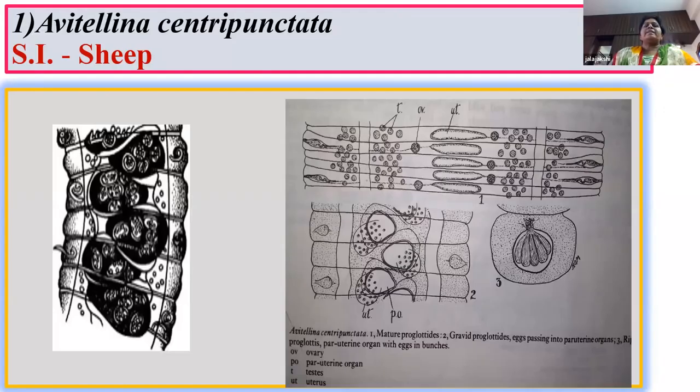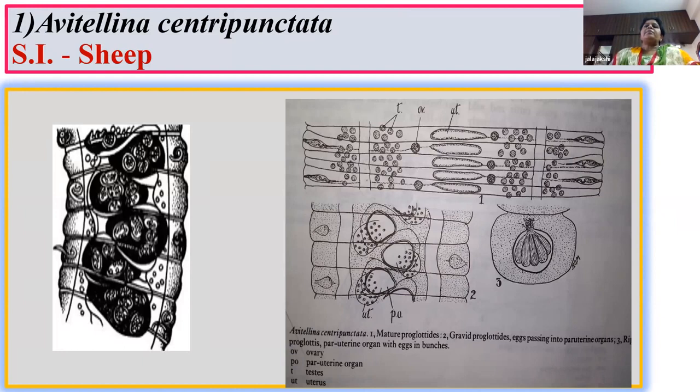So Avitellina centripunctata is the first tapeworm, mainly located in the small intestine of sheep. They are long, narrow cestodes with distinct segmentation. They occur mainly in the small intestine of sheep, goat, and other ruminants. There is a single set of genital organs with irregularly alternating genital pores in short proglottids, as shown in the first figure, and vitelline and shell glands are completely absent, hence the name Avitellina to the genus, and the uterus is mainly